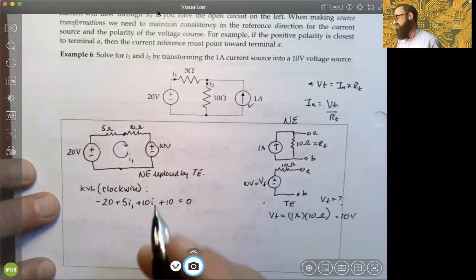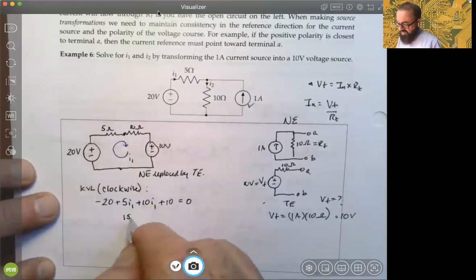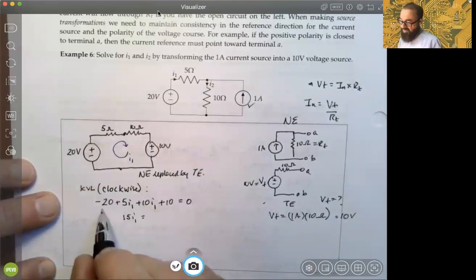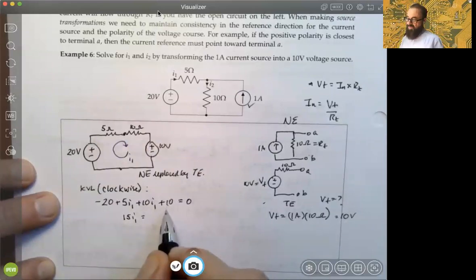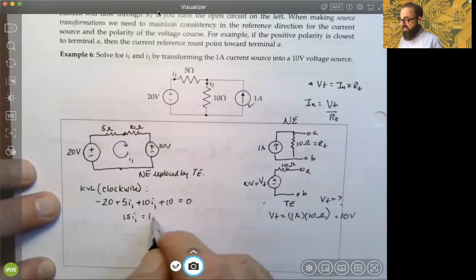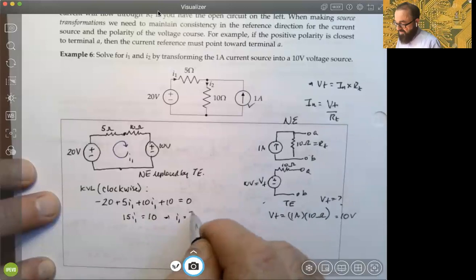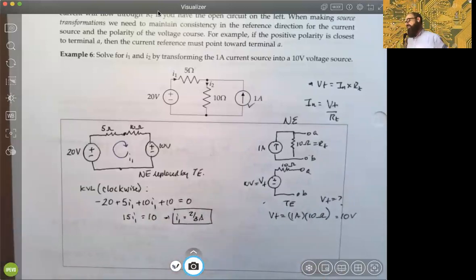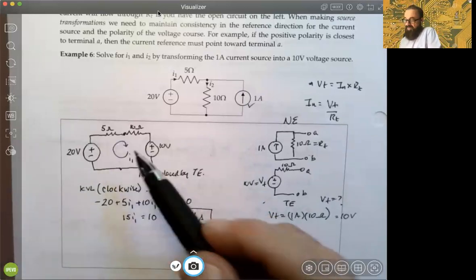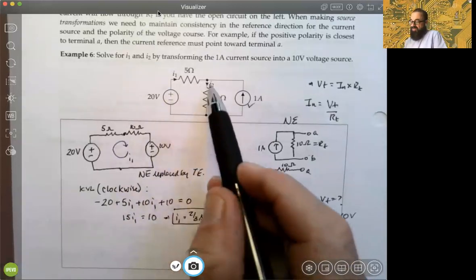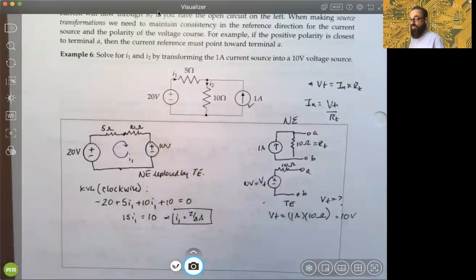See how fast this is? It's beautiful work here. And then this is 15 I1 has to be equal to, you have minus 20 plus 10 will give you negative 10, and then you pull it on the other side, it'll be a positive 10. So that just says I1 must be 2/3 amps, right? Okay. So that's telling us that this mesh current now we have the answer. We're trying to say, well, what is the current coming through the 5 ohm resistance and the 10 ohm resistance of the original